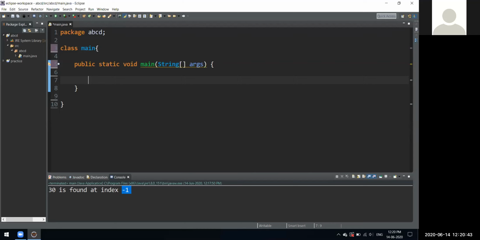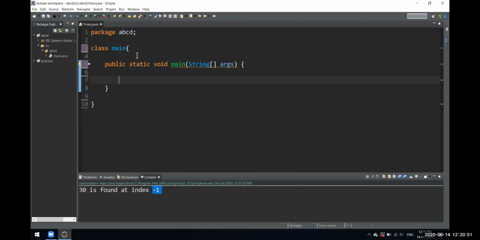Let's see how binary search works and what kind of logic we have to build for it. Let's write the code for it. Again the basic thing, an integer array. It will have some elements. Keep in mind, if you're using binary search, you have to pass a sorted array. If you give it an unsorted array, it will mess up. So you have to give it a sorted one.